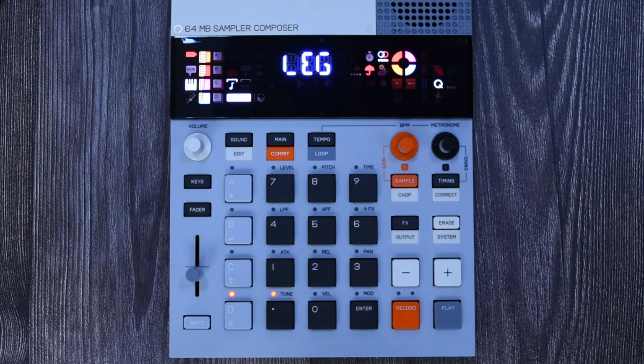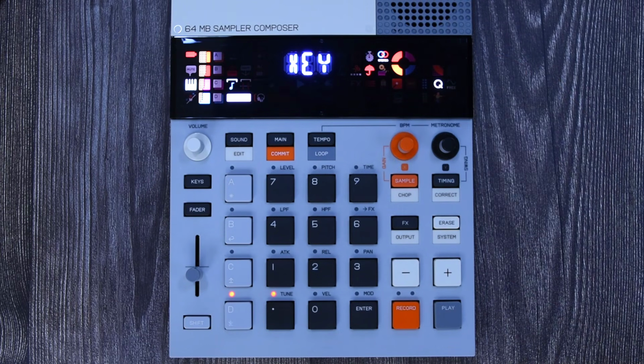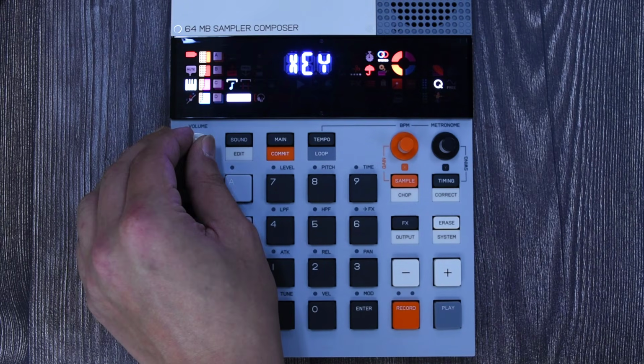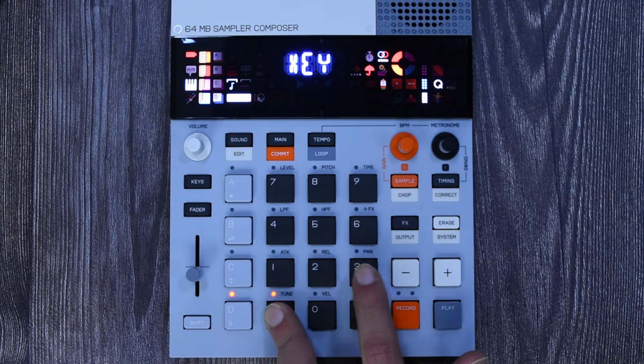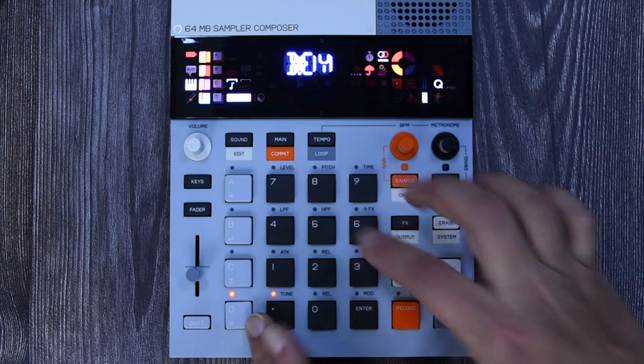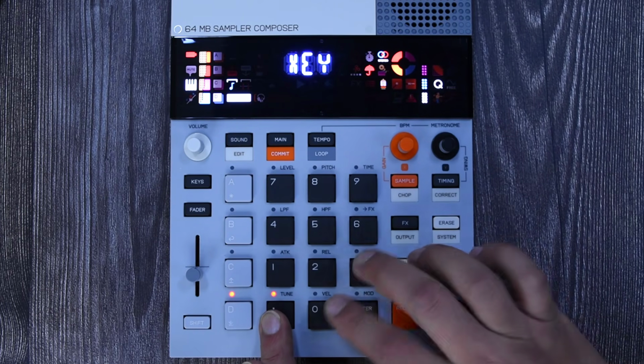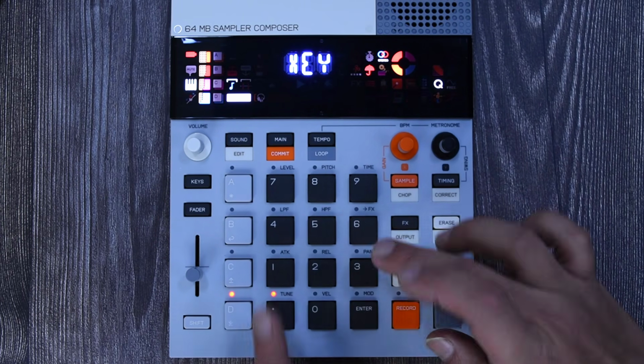Alright, so again, this is the legato. Then if you go to key, well, key, it's polyphonic. So now you have a polyphonic sound. Let me just go down in volume. If I play it, notice that it's playing the keys in a polyphonic fashion. Every time I play a key,